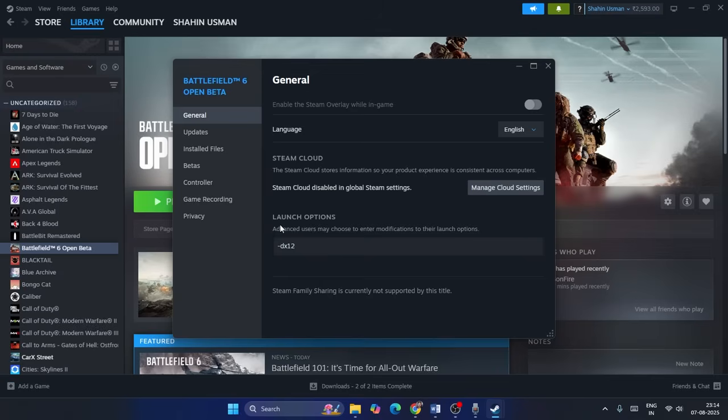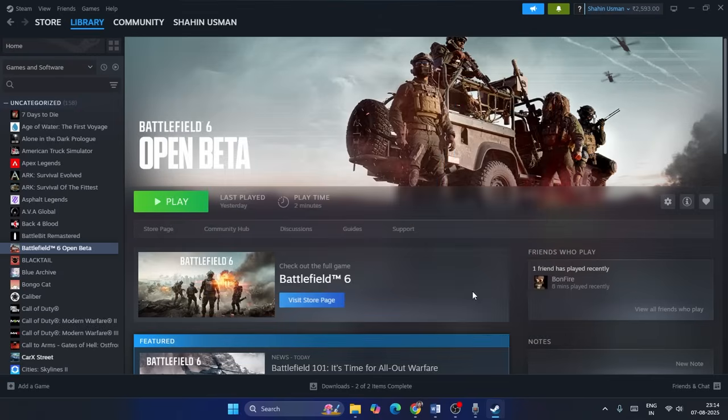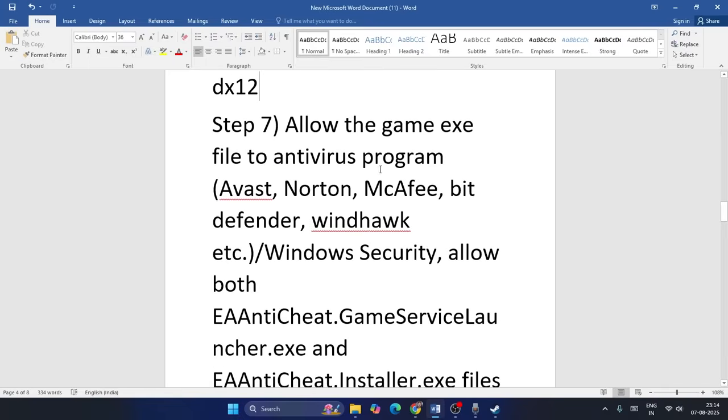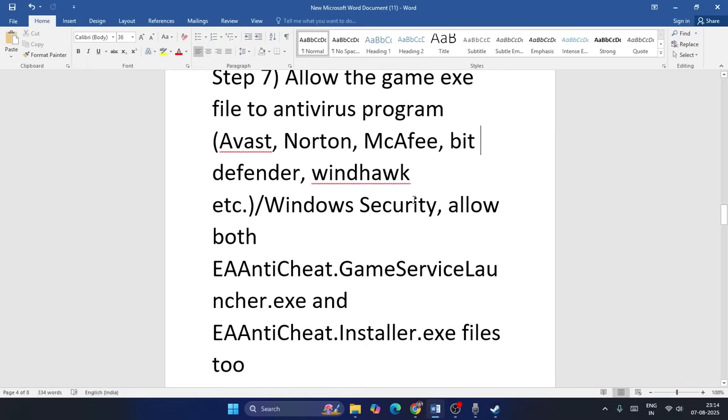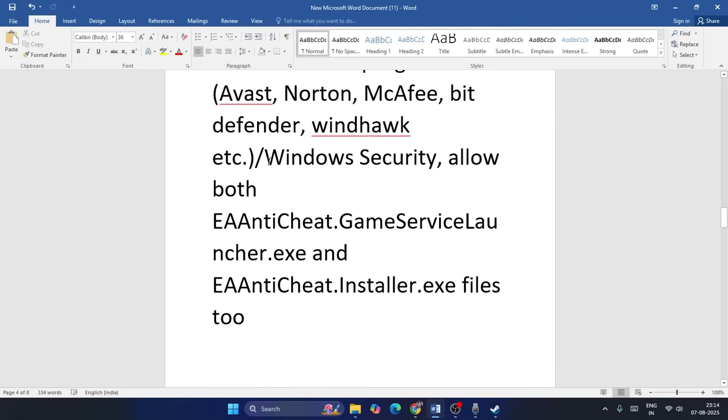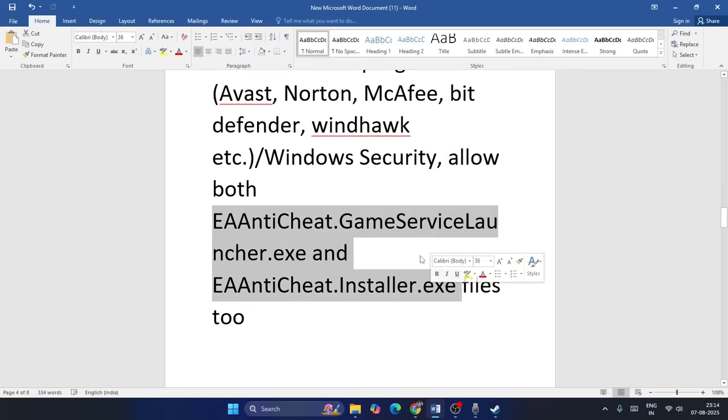If that is not working, try giving DX12, then try to launch the game and check. Next step is all about allowing the game exe file in your antivirus program. If you're using any third party software like Avast, Norton, McAfee, Bitdefender, or Windhawk, just make sure that you allow this. And in Windows Security, you should allow both the EA Anticheat Game Service Launcher exe, the Anticheat Installer, and the